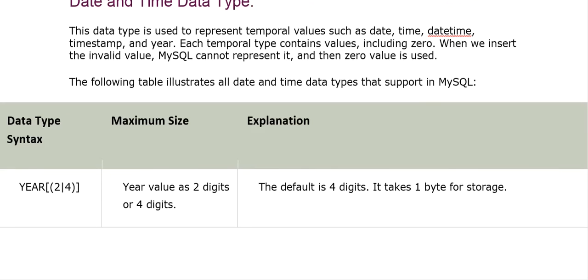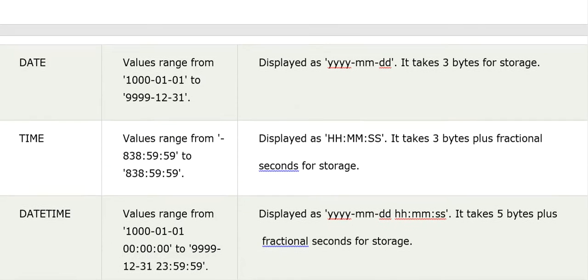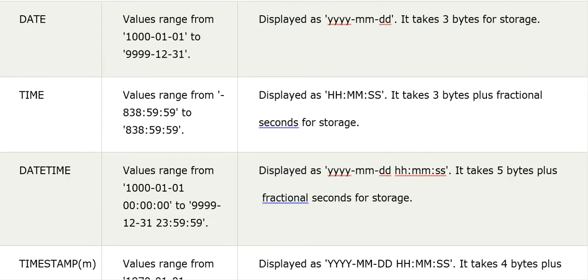Now coming to the next one, the date type syntax over here is DATE. As you can see, the range is from 1000-01-01 to 9999-12-31.